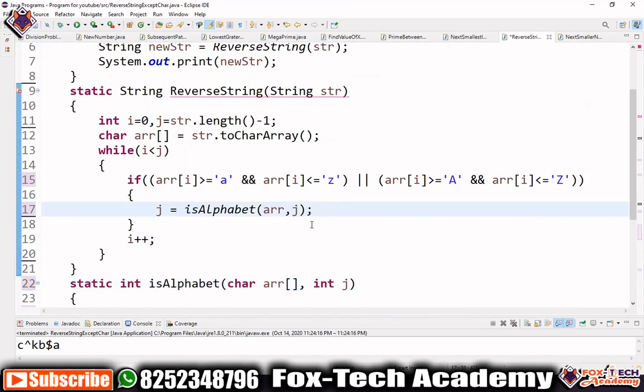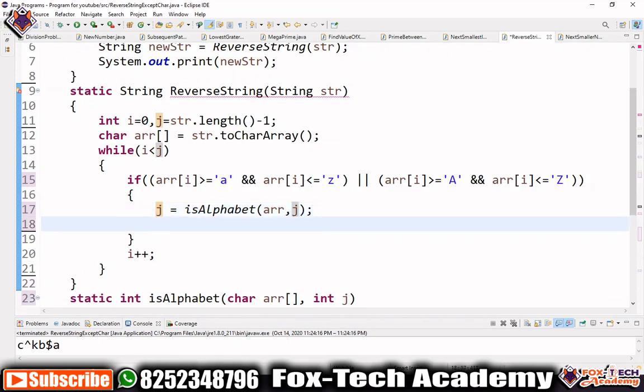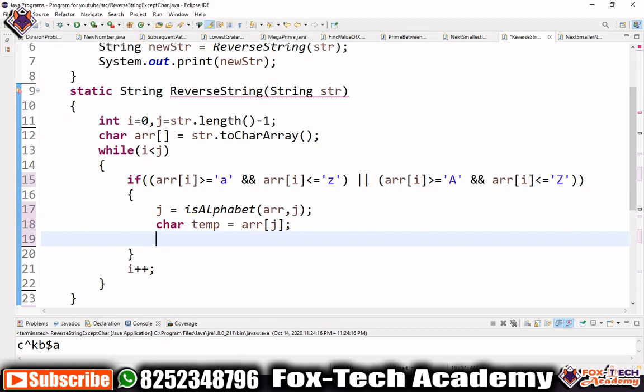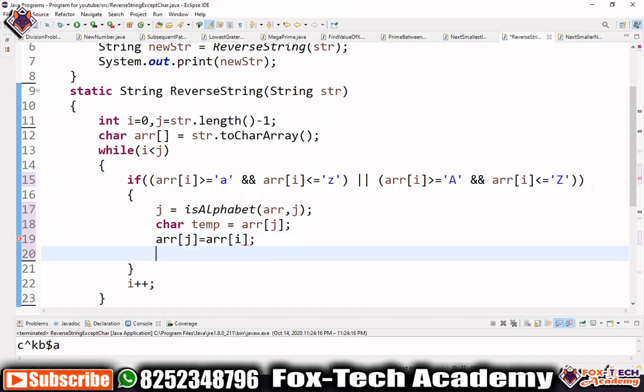After getting the index of the last element, the last alphabet, we have to use one temp so that we can replace the value. So we will create one temp equals array of j, and now we will put array of j equals array of i, and array of i equals temp.